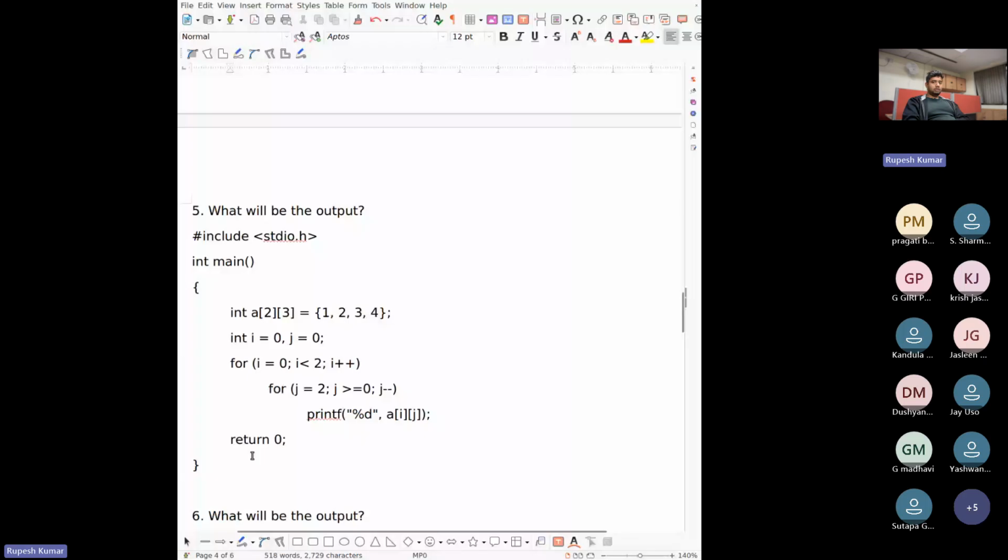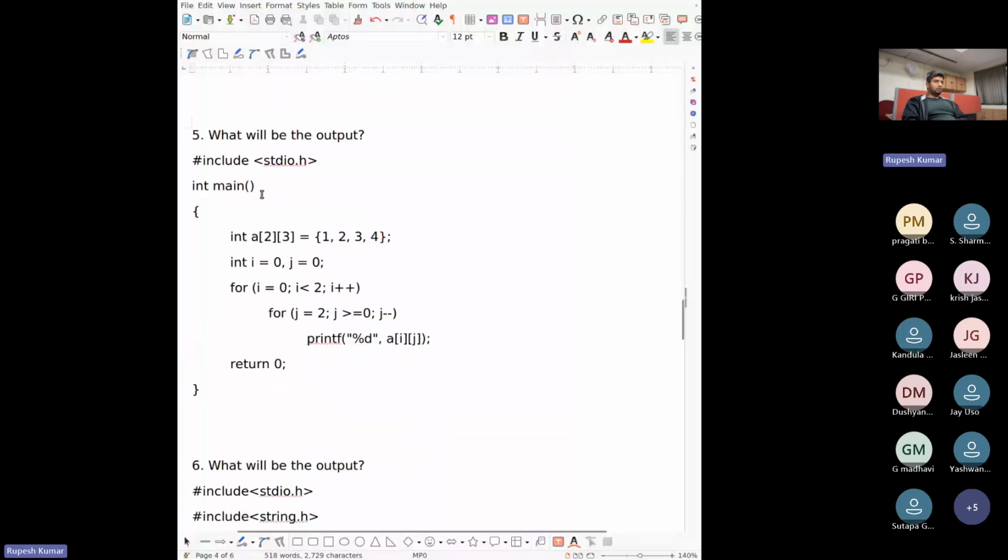What will be the output for this program? So you have included the standard IO library stdio.h, and then we have the main function. And you are declaring a two-dimensional array of dimensions 2, comma 3, with entries 1, 2, 3, 4.